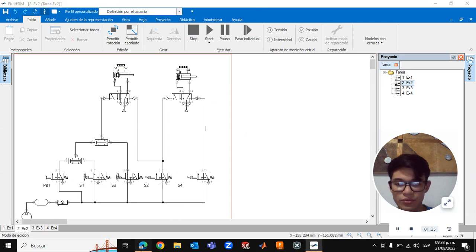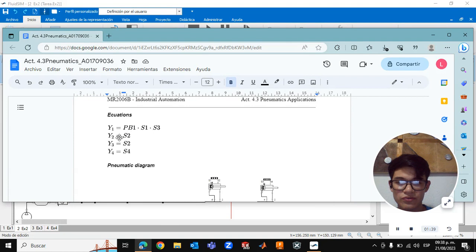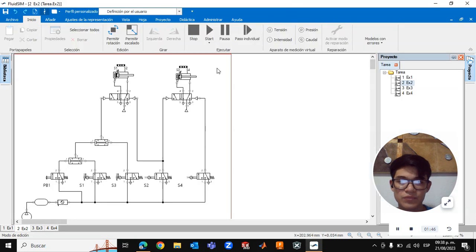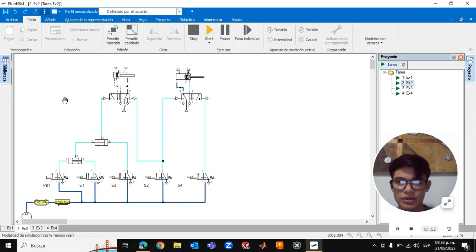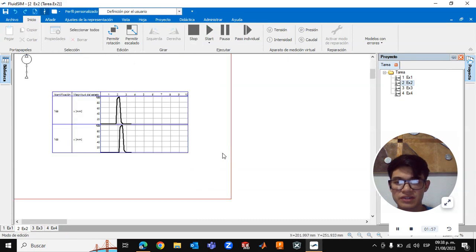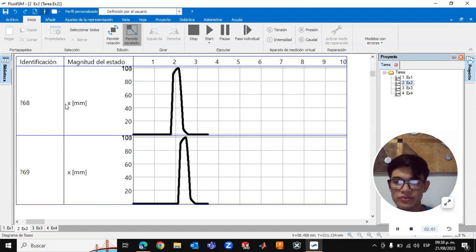With that in mind, we made some equations and we represent with four equations: push button, cylinder 1, cylinder 3, cylinder 2, and sensor 4. With that in mind, we're going to press the start button, and now we press the push button. The cylinders made their movement, press the stop button,